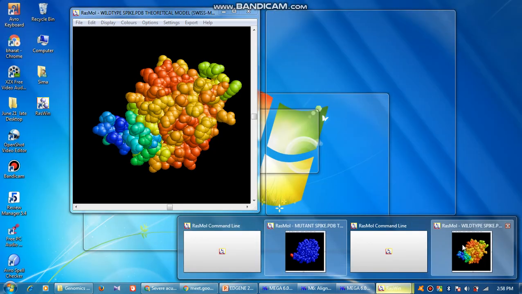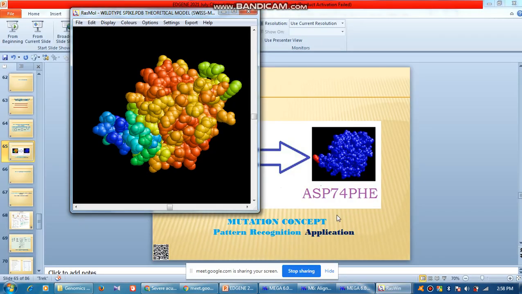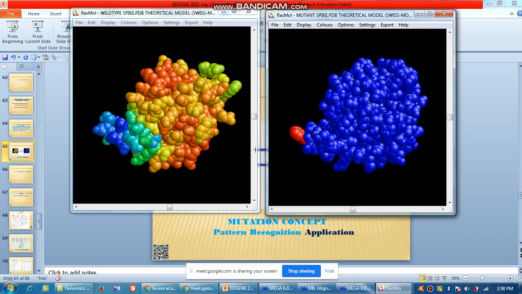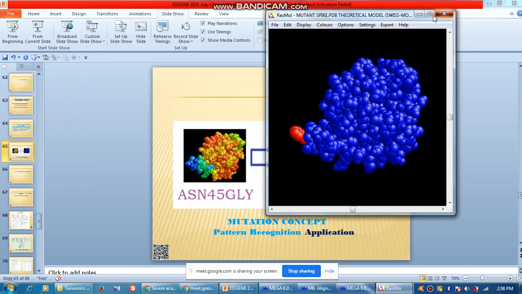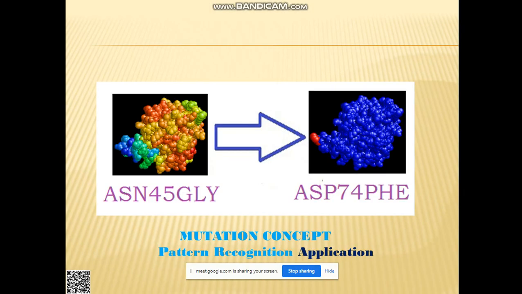so this is how the impact of mutation is there on the structure of the protein. We can do this modeling because we have the gene sequence. So this is how one day it may come that we can find out what exactly has happened to the structure, and accordingly we will be able to plan our antibodies and vaccines. Okay, so I tried to give you a little insight, and we will go to our next step.